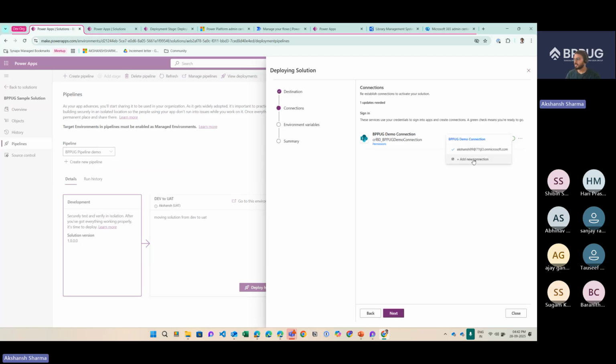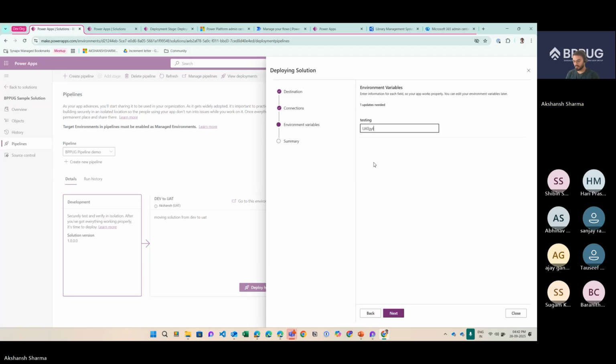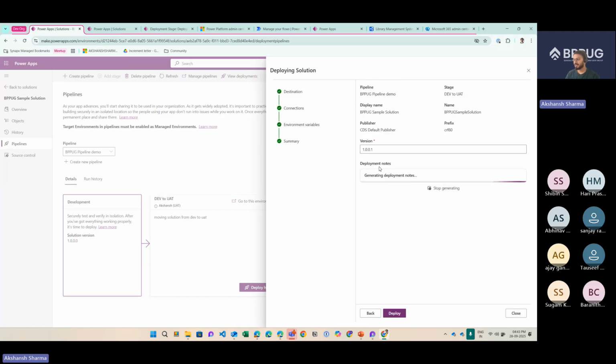So you can see here, you can add a new connection if this account is not actually your production account or doesn't have access on the production environment. So you can create a new connection, log in with your production account, and then click next. And similarly, you have environment variables as well, and it's allowing me to update the value. So the current value was dev. Now I'm changing it to UAT environment. We'll hit next and